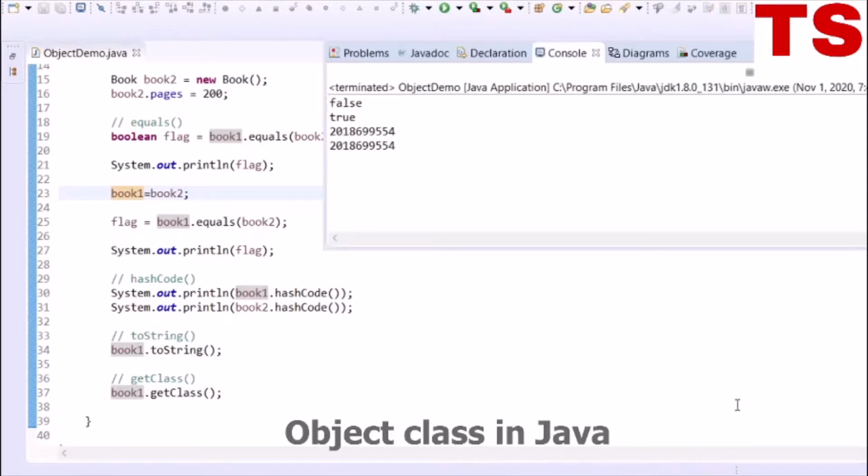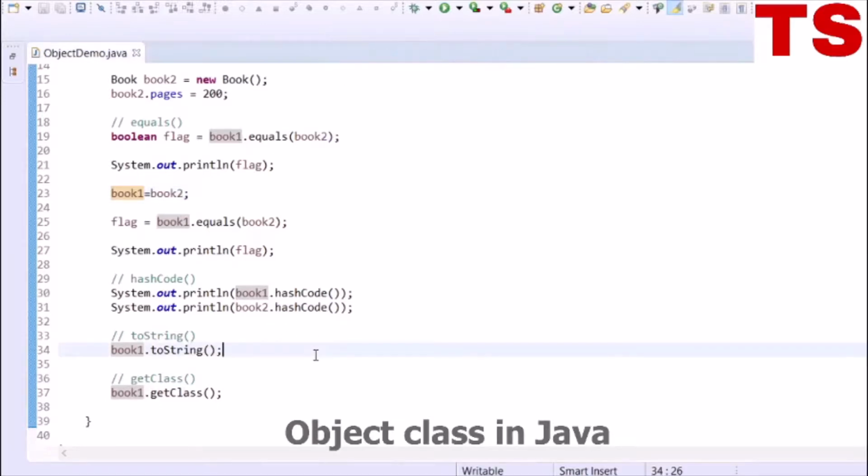Now the hash code of these two statements is same, and this is the hash code of the second object, that is book2. In Java, we have a hashCode contract which states that if two objects are equal, then the hash code of these two objects should be same.